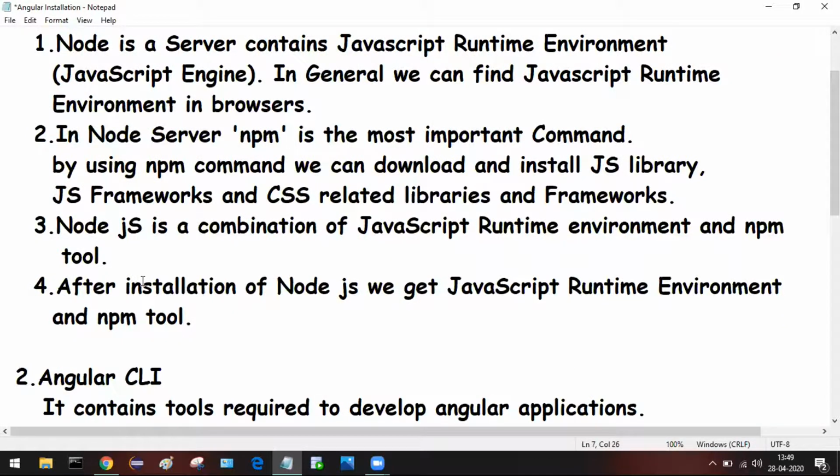Node.js is the combination of these two, that is JavaScript runtime environment and npm tool. After installing Node.js in our system, we get these two things.